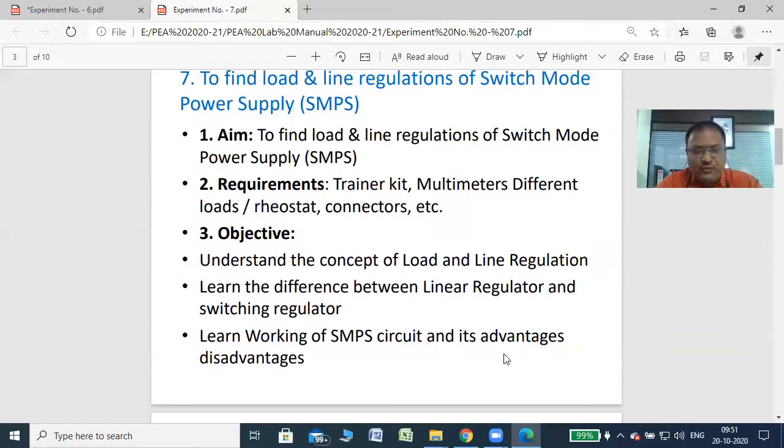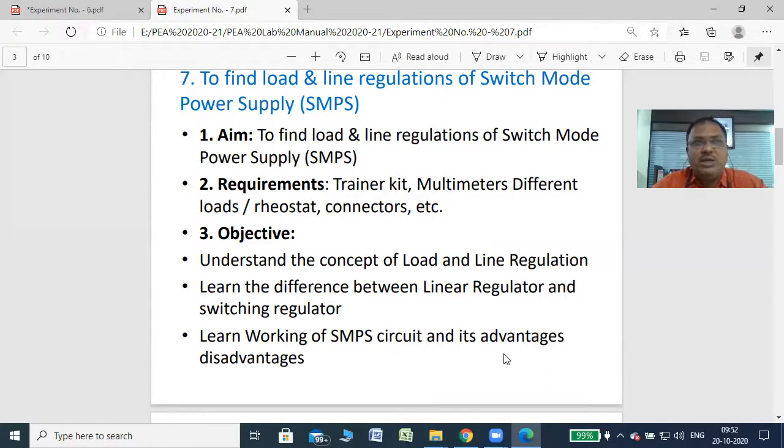Normally, the output voltage of any regulator depends upon two factors. One is the supply voltage, another is the load current. So the output of any regulator is affected by these two parameters. If the line voltage is fixed but the load current changes, then the output voltage across the regulator may change. And even if the AC input is varying, sometimes the output of the regulator may change.